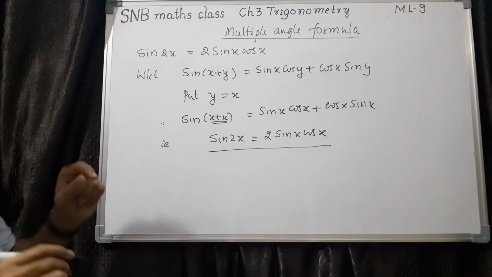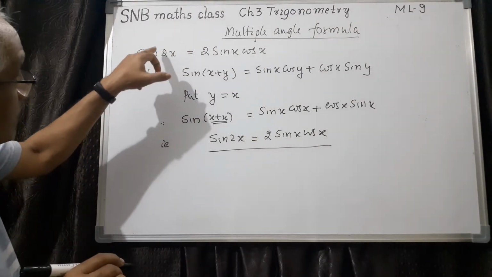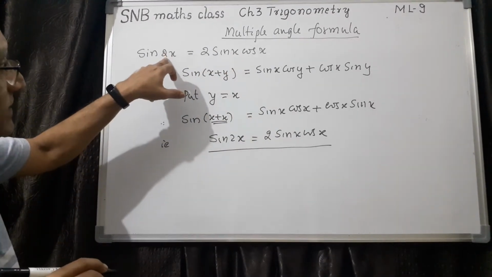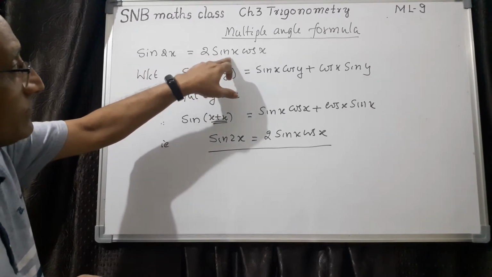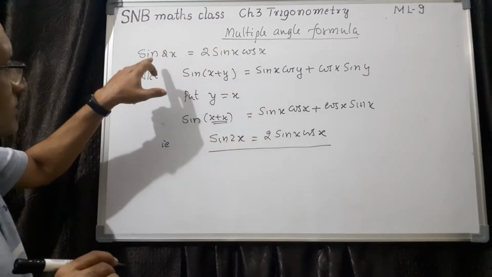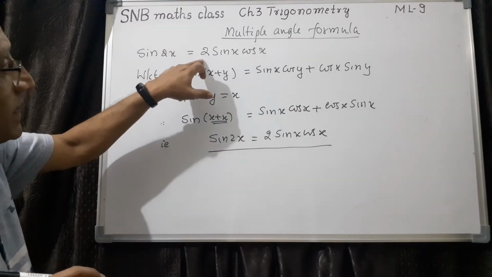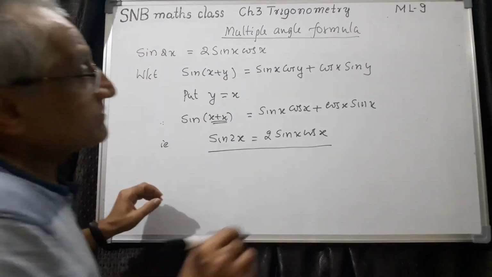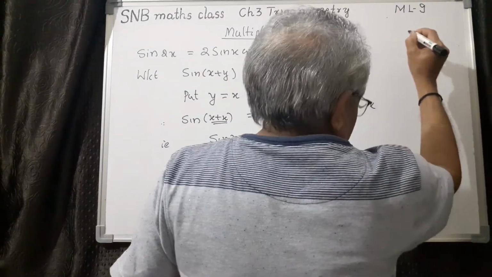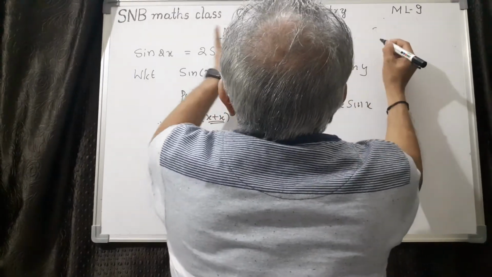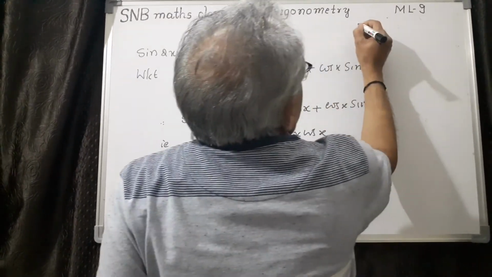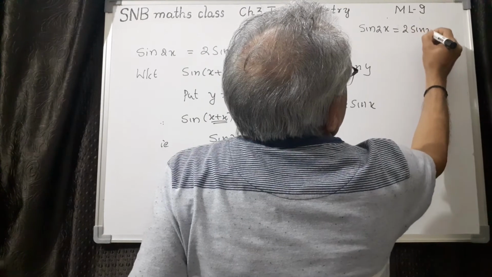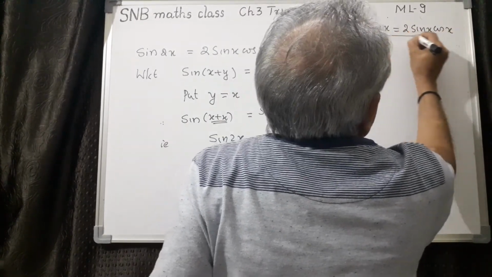So with multiple angles, you have to understand it like this: whatever the angle is here, half of that we write here, and both should be x only. For example, sin 90 equals 2 times sine 45 cos 45, you can check it. Or sine 2 degrees is 2 times sine 1 degree cos 1 degree. For any degree or radian x, this is true. So the first formula is sine 2x equals 2 sine x cos x. So this is the first set.